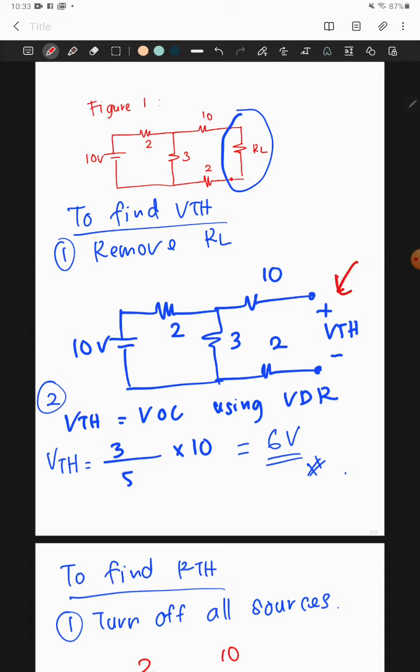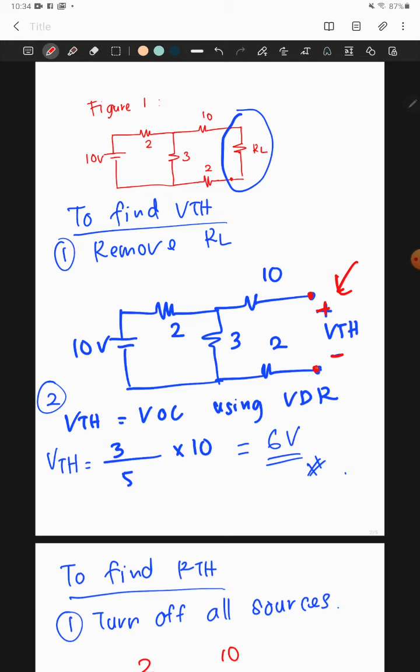Okay. When you see this circuit, we can see that at the terminal here there is no more RL. So therefore, the VTH is actually the open circuit voltage at the terminal. So if we see here, this circuit becomes a series circuit. Why? Because